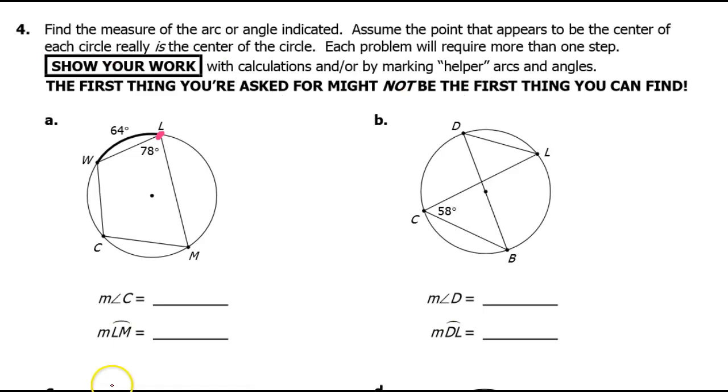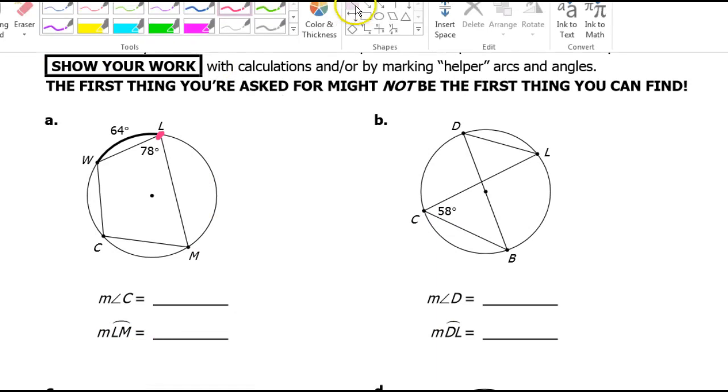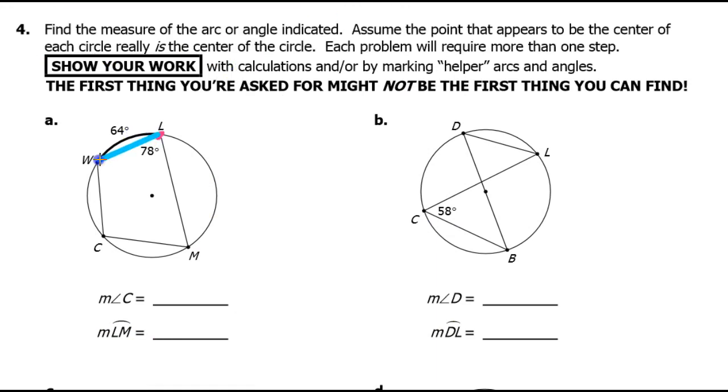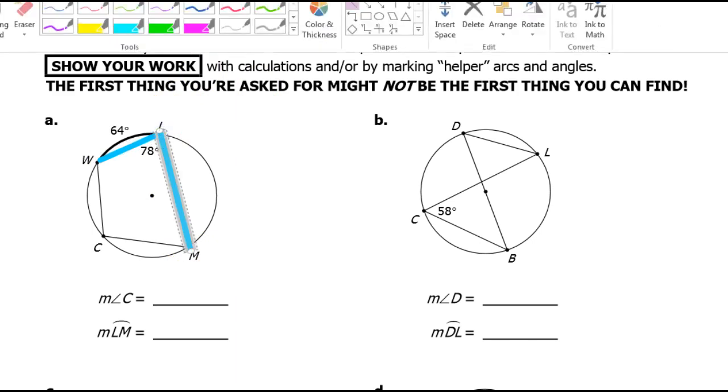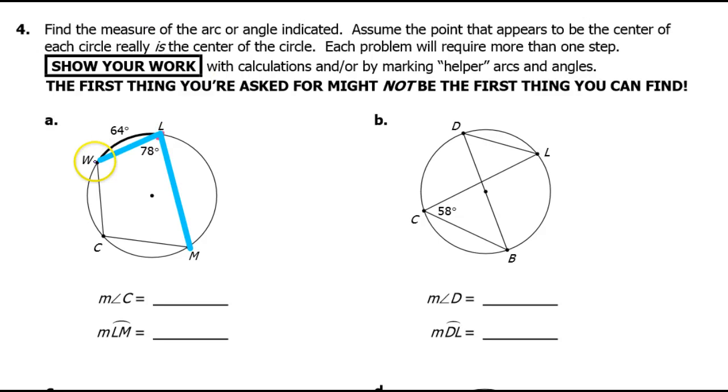So looking at this picture, here's one thing we can do. I've got this angle right here. So you should be able to tell me this arc right here. Okay, so get ready to tell me that arc, Stas, my friend. So that turned out to be 156. Now, Ashley,